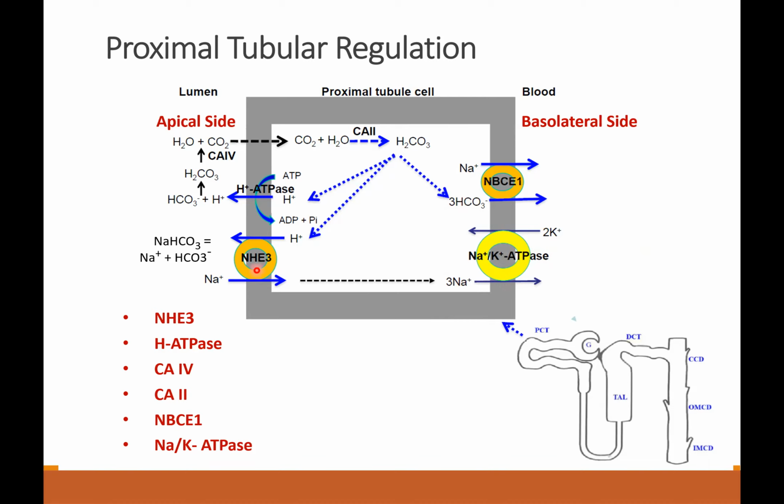So what are the things? NHE3, H-ATPase, carbonic anhydrase 4, carbonic anhydrase 2, and NBCE1 or Na-K-ATPase. These are the 6 sites at which something can go wrong, which can result in a pathological condition. All this is in the PCT. Let us look at the